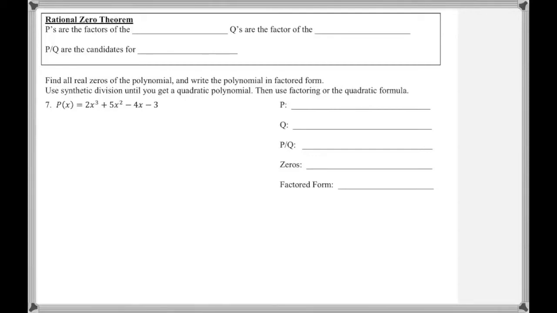So the main part of this section is the rational zero theorem. And before calculators, this was the best way to find solutions to higher power polynomials. So degree 3 polynomials, degree 4 polynomials. There are cubic formulas and quartic formulas, just like there's a quadratic formula, but those are a lot harder to use. So this is actually the best way to find solutions to higher degree polynomials, because factor by grouping doesn't